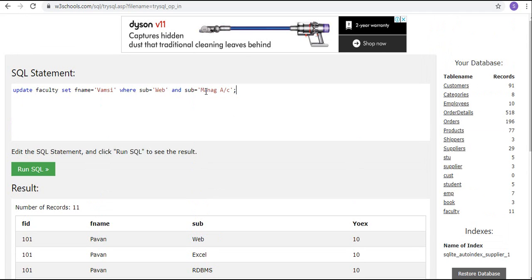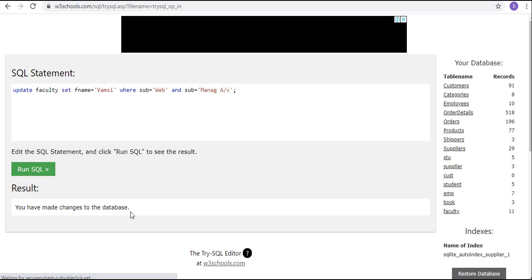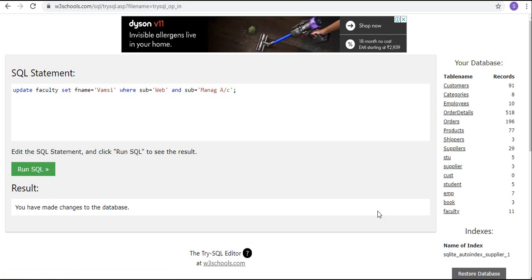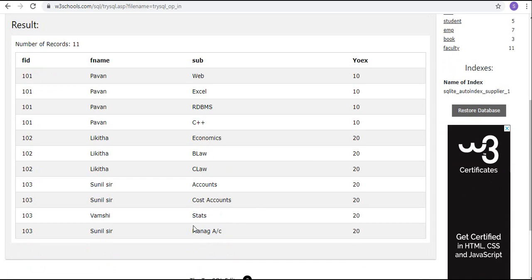Okay, we'll see how it will affect. You made changes to the database. Now we'll see what will happen. Faculty table, managerial accounting.